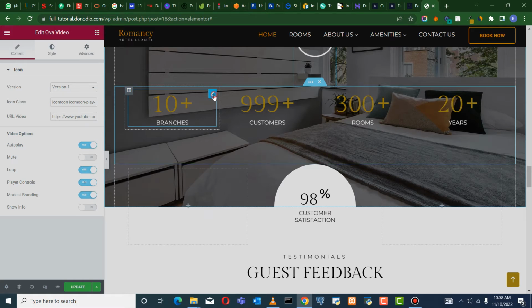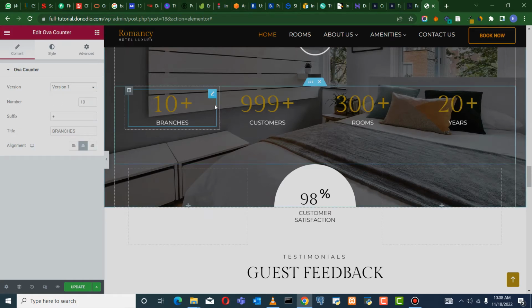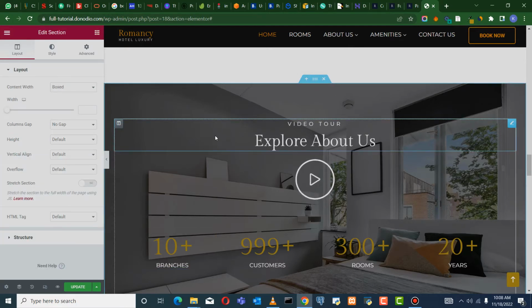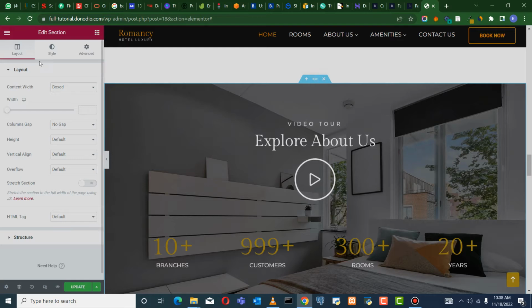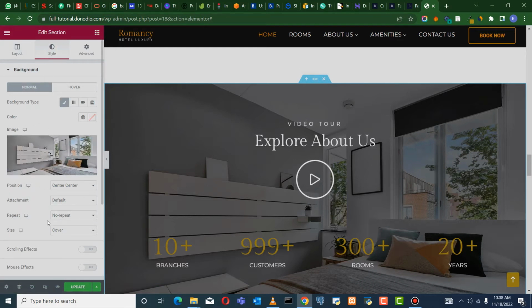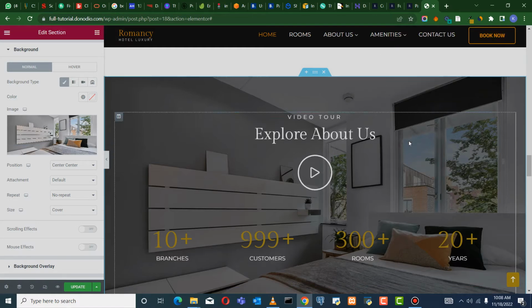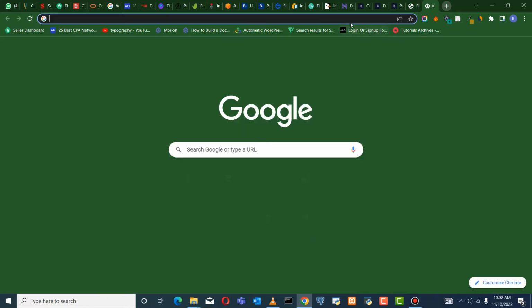Then you see this, these are bragging rights, so we can change this. Want to make this bolder, want to make this, now we can make this part darker, the overlay here to be darker. Click on this section and click on style, come to background overlay. You can change the picture here. Let's say you want another picture which is better than this. You can come to